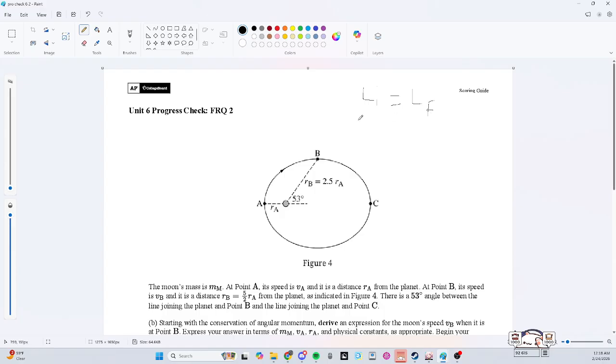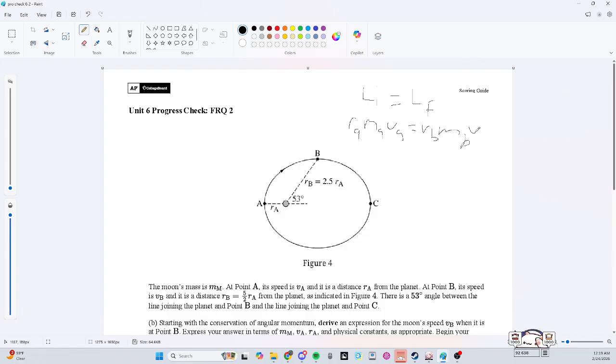The initial angular momentum is RA times the momentum at A, and momentum is just mass times velocity, so we simplify it like that, and then it should end with RB,